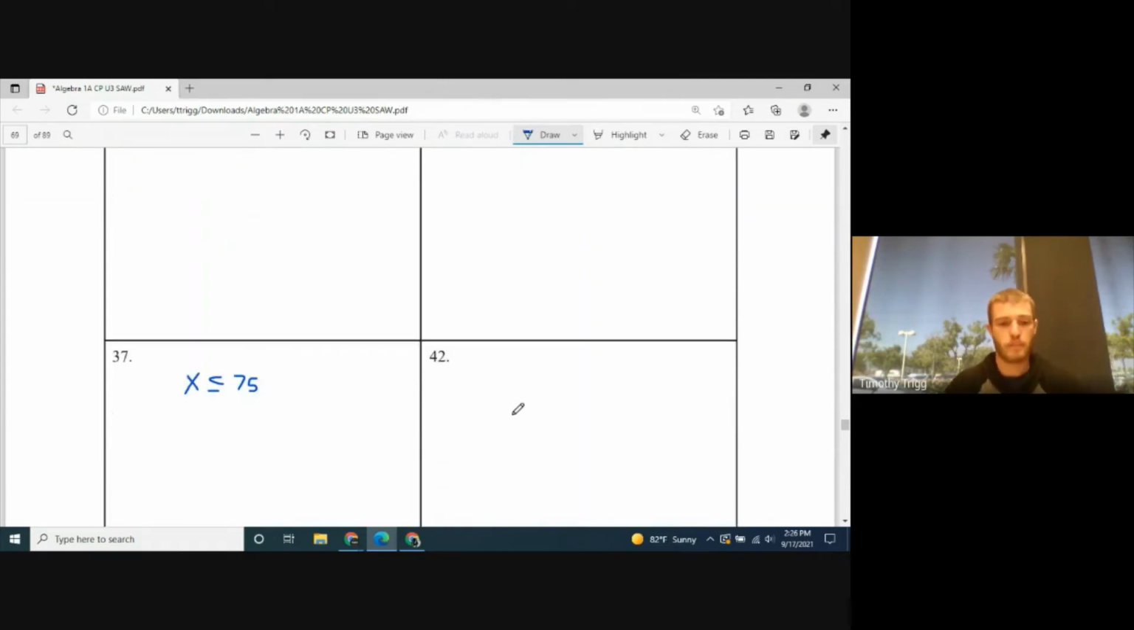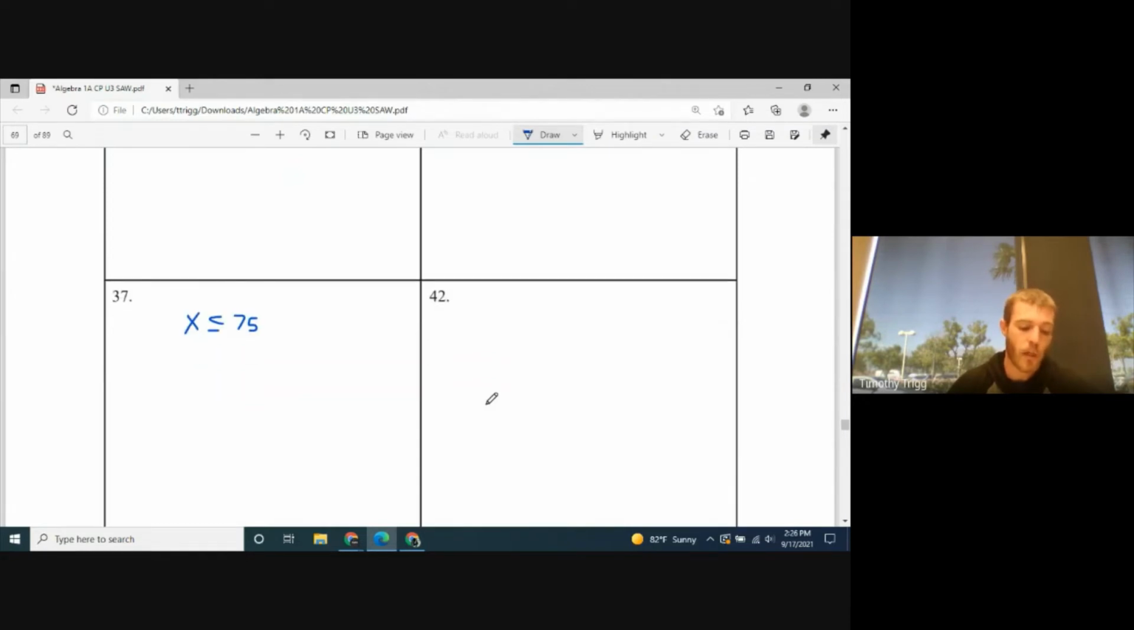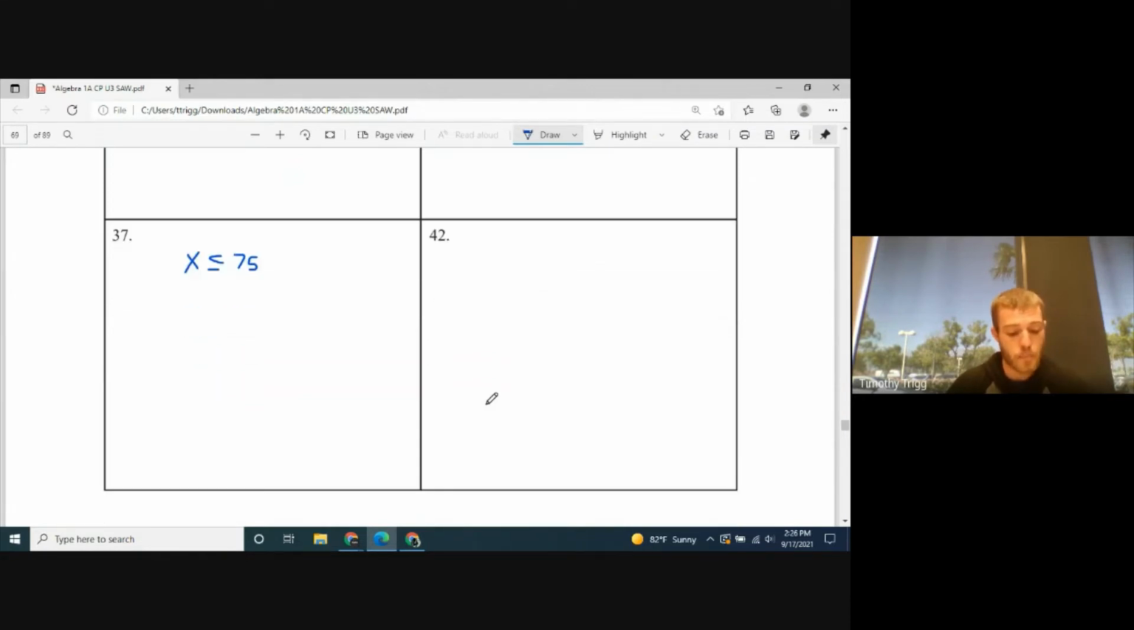Okay, 42. Here's a word problem. So please follow along as I read aloud. Suppose your school plans a musical. The director's goal is ticket sales of at least $4,500. Adult tickets cost $7.50 and student tickets cost $5. Let A represent the number of adult tickets and S represent the number of student tickets, which inequality represents the